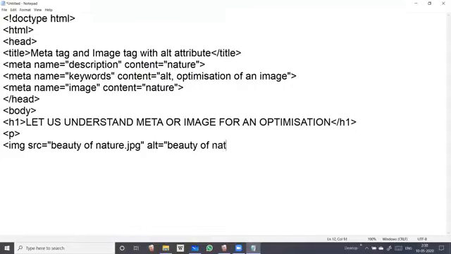This is the alt attribute, the use of the alt attribute. Okay, then close the para tag.